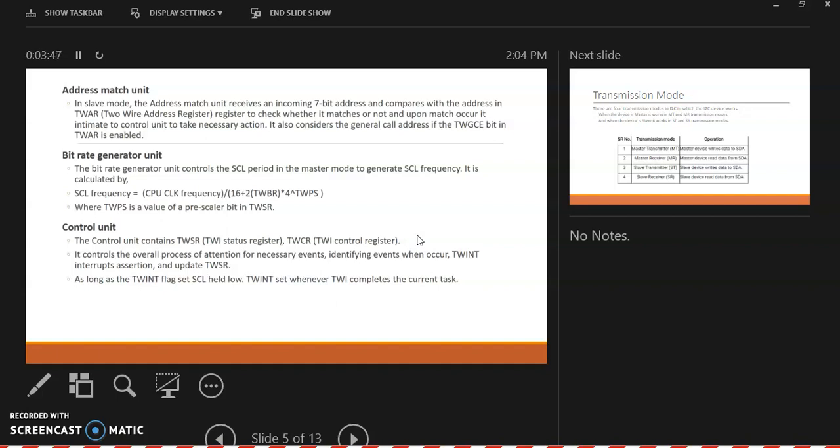As long as the TWINT flag is set, SCL is held low, and TWINT is set whenever TWI completes the current task. These are the control unit's functions in the inter-integrated circuit.